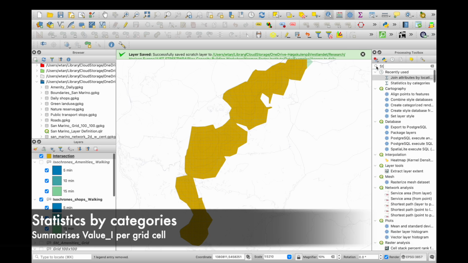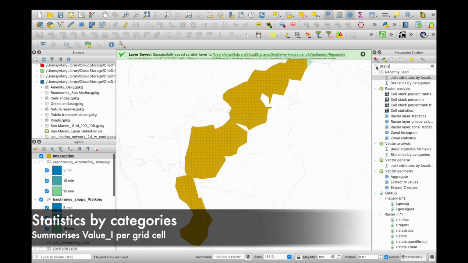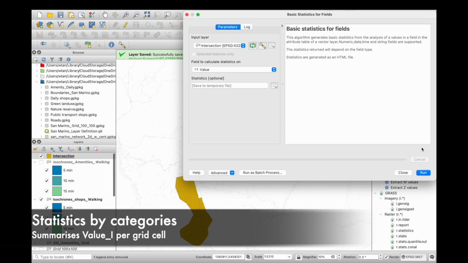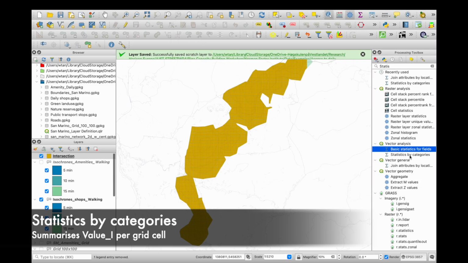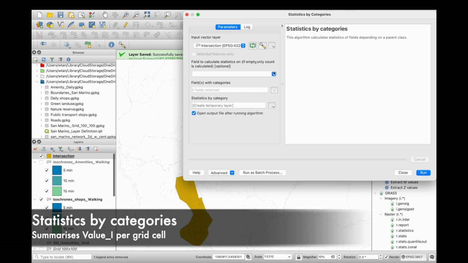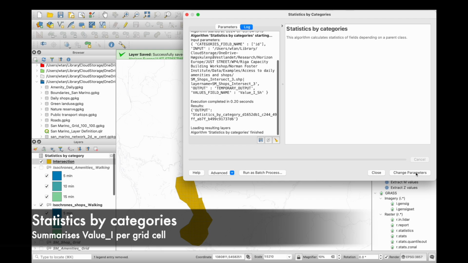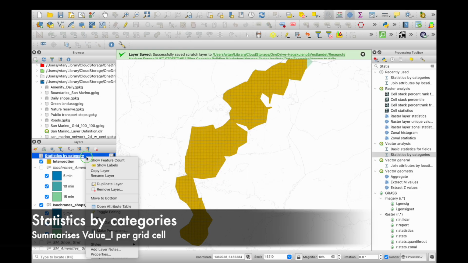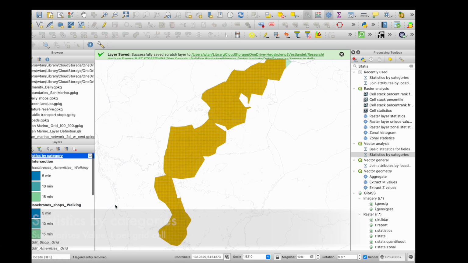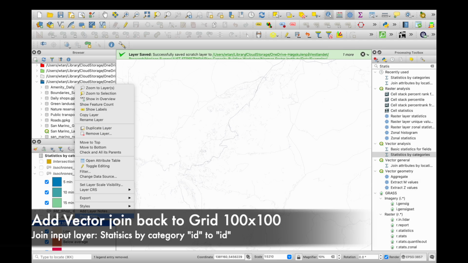For merging it, we're going to use the Statistics by Categories tool in the processing toolbox. This allows us to ask the program to sum up everything that belongs to the same cell instead of leaving it as one layer above another. So the field to calculate on is of course value, and the field with which to categorize the statistics is of course the ID, which is the name of the cell. You can think about it that way. Making those selections, we're going to just run this and we should get a good statistical summary of the entire file, including the count of the values, the count of the FID, and what that looks like. So we're going to take that,